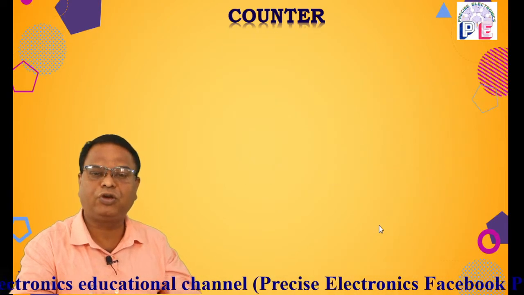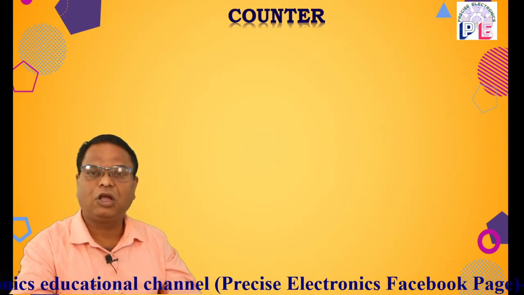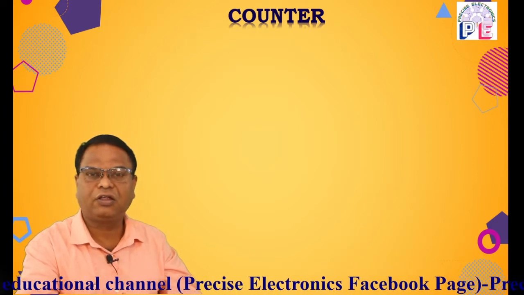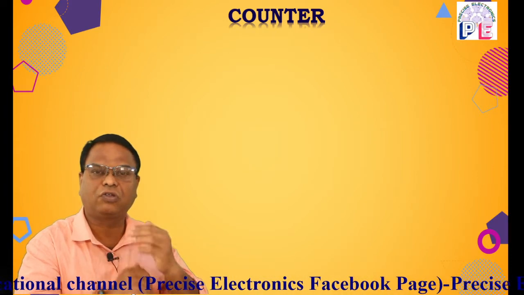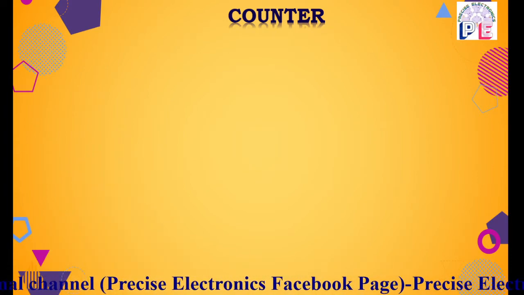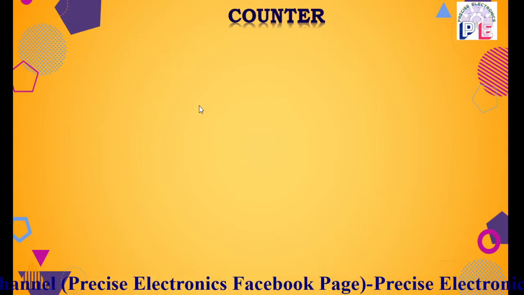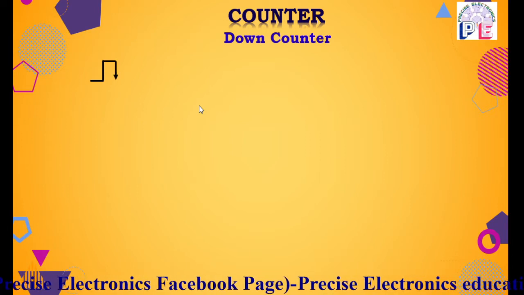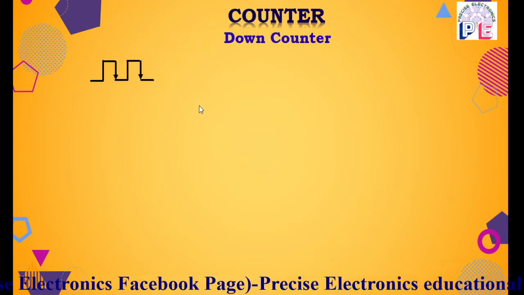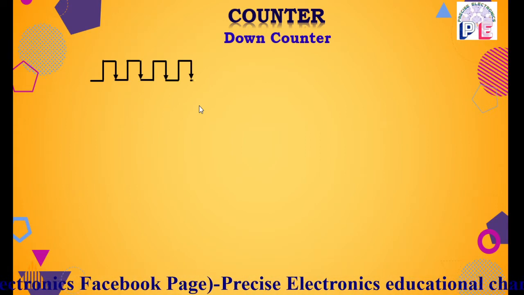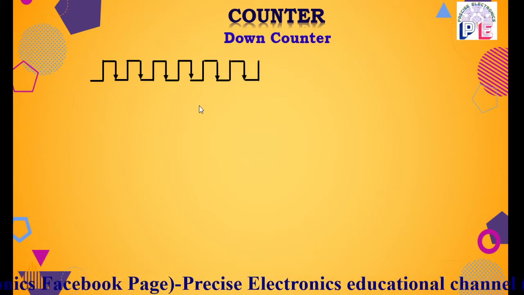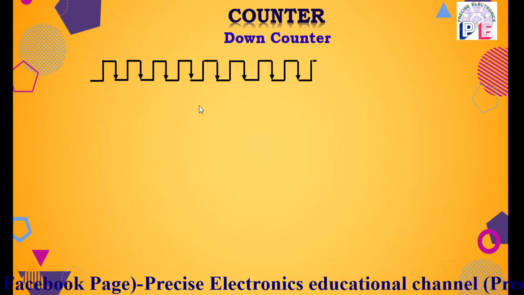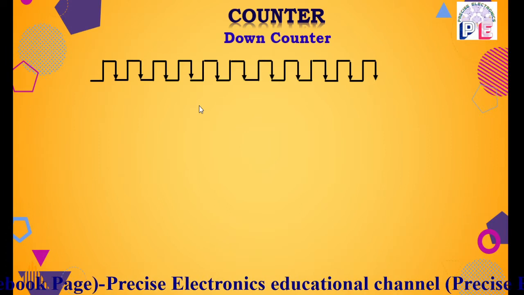Now we are moving toward the timing diagram, how this clock moves and how the flip-flops and the counter progress with each clock pulse. That timing diagram is now going to be displayed on your screen. The 16 clock pulses are applied. There are 16 clock pulses which are now going to be displayed on your screen.